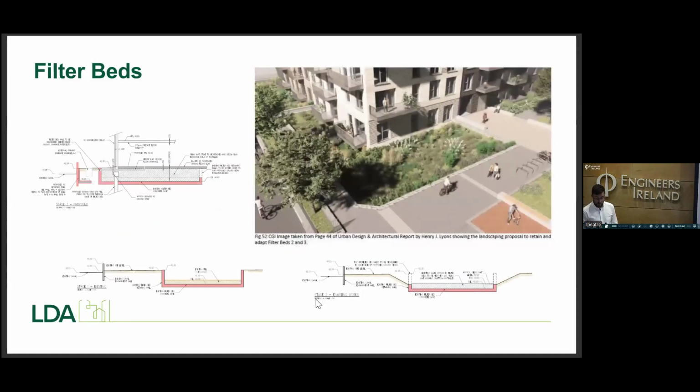So here's some context of what the finished product is going to be. You can see the building sitting within the filter tank, as we showed a minute ago. That's an instance where the filter tank will be repaired, and it'll be a feature of the site, which is nice to have. On the left, you can see just a section through the building